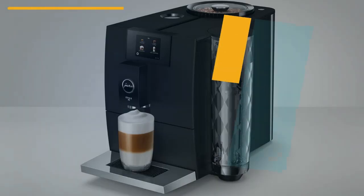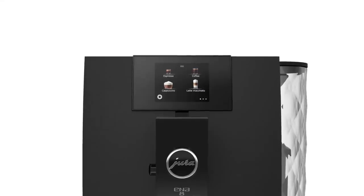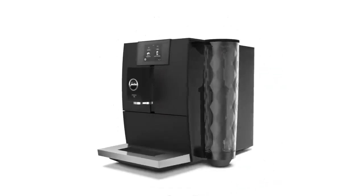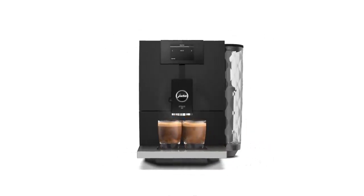got going. Number 2. Jura Yin A8. Jura is the gold standard of bean-to-cup coffee machines. While some entry-level alternatives are a bit boxy, this gently curved option places user experience at the forefront. Grinding was whisper quiet, brewing fast but considered, and the espresso was immensely high quality considering it came from a